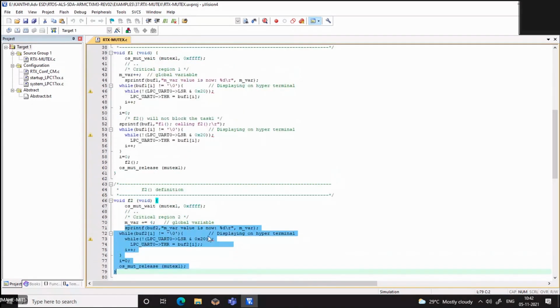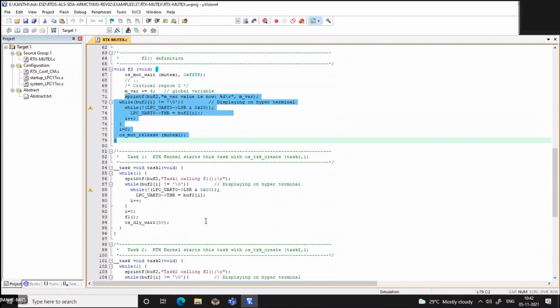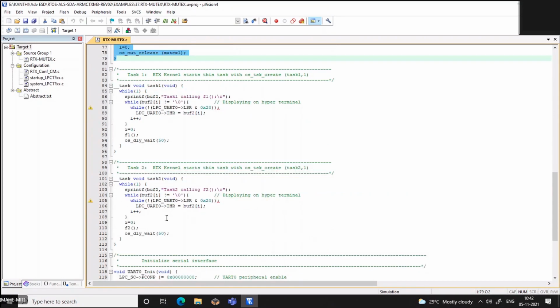Okay. Now your task 2, if you look at task 2 here, task 2 is calling function 2.